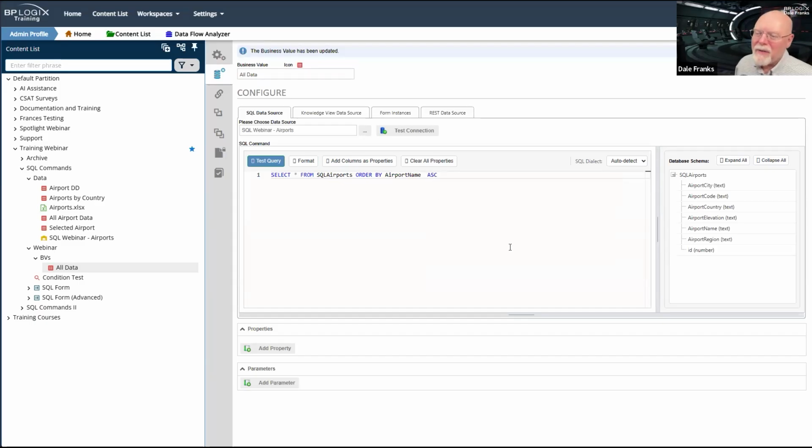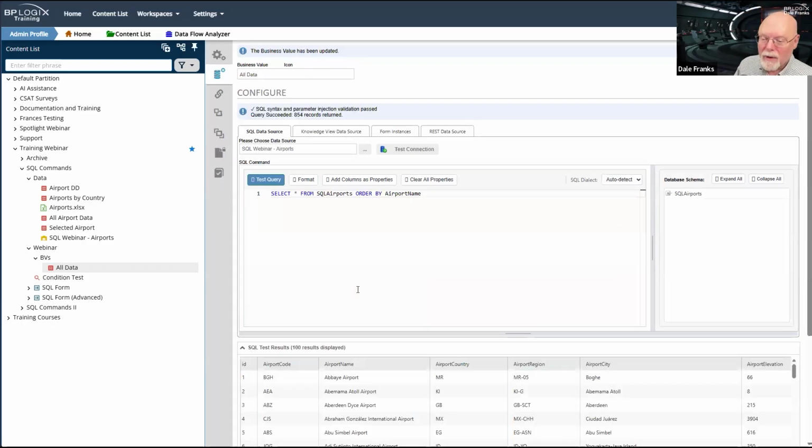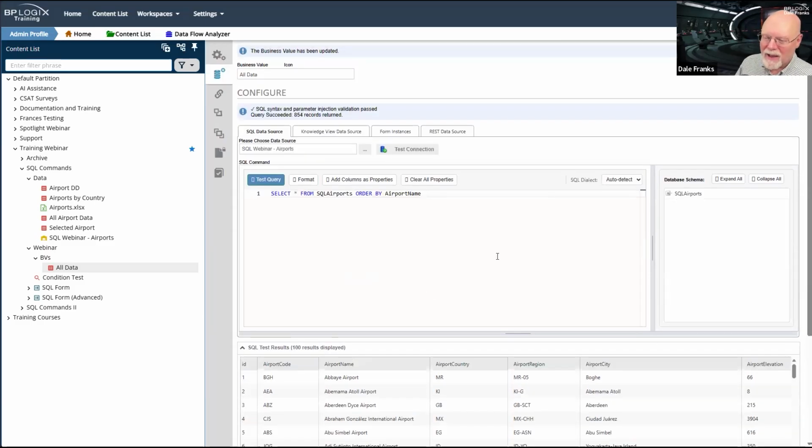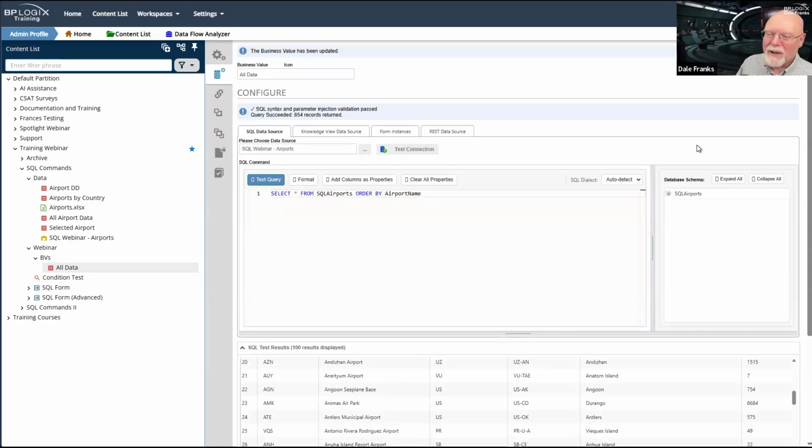See, you don't even need ASC in there. Yeah, I'm not going to do it. I'm just going to leave it out. We're just going to order by airport name. We are going to query it so we can be sure that it's returning everything in the sort order. See, it works fine, even though I didn't add the ascending in there. As much as it hurt me not to add it, I didn't, and everything worked out just fine.